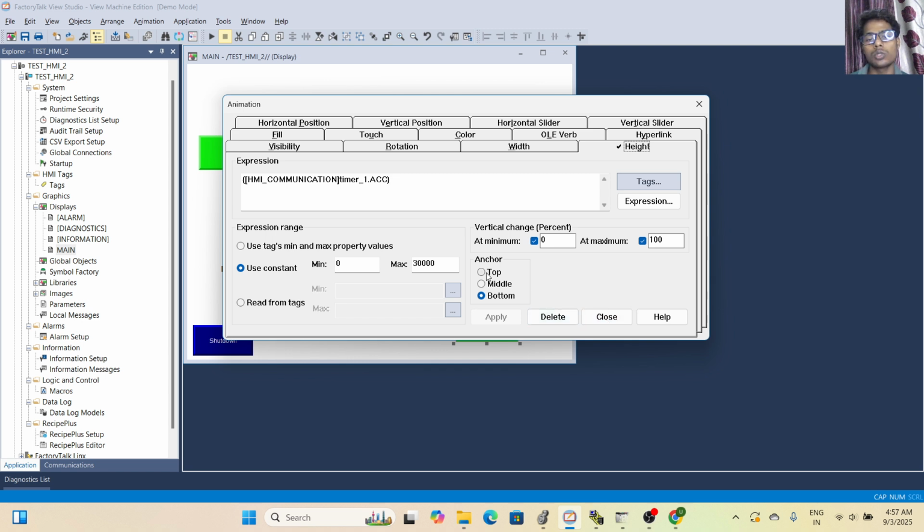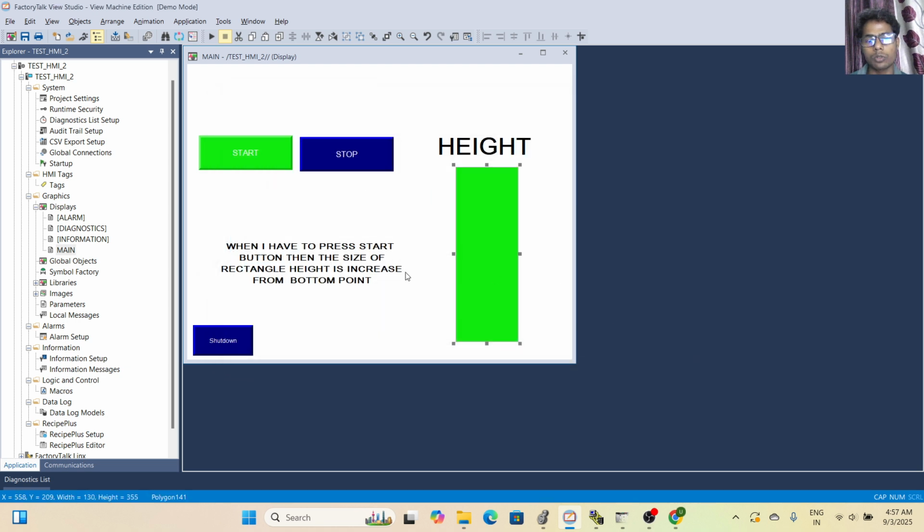When I choose top, it will increase from the top, understand. So now I choose that it will increase from the bottom. Then I apply it and close it.